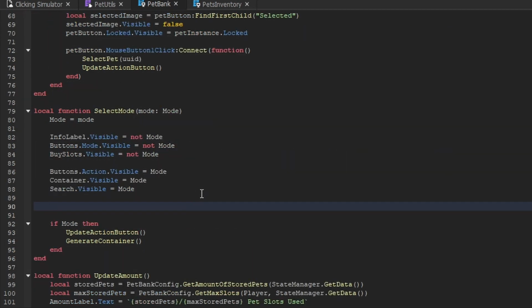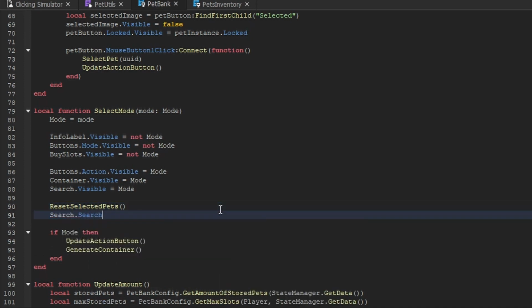Another thing that we want to do is anytime we select a mode, we also want to call the reset selected pets function because we just want to make sure that we reset all the pets that are currently selected. As well as resetting the selected pets, we also want to reset the search bar. So we're going to go to the text box and we're going to set the text of this to just